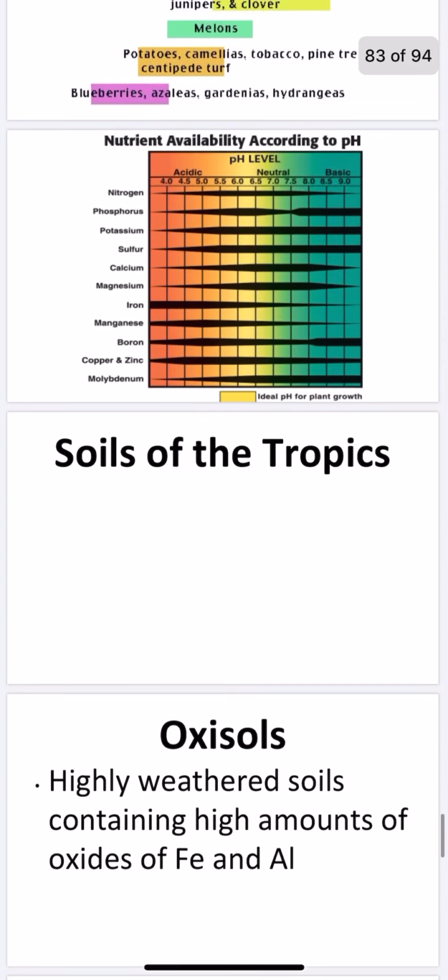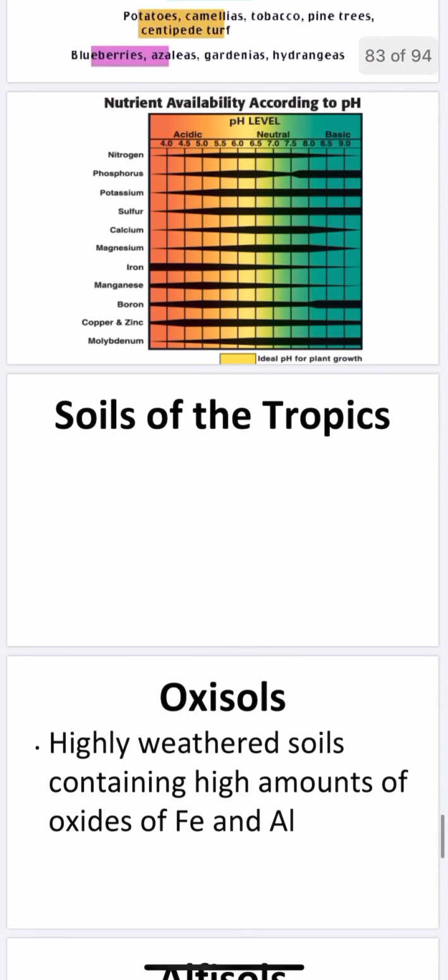So you can see also on the next figure the nutrient availability according to pH. So when we say nitrogen, it's very available at neutral, from 5.5 to 7.5. Further than that, when it becomes acidic or basic, it's not as available. But for phosphorus, as you can see, it's available in the range of 5.5 to 6.5,